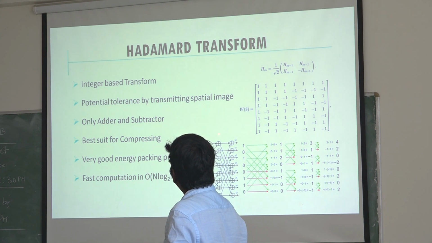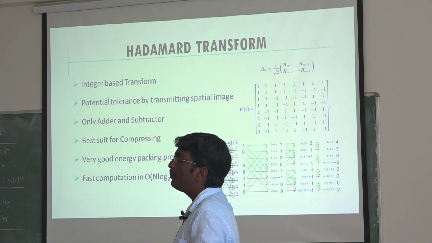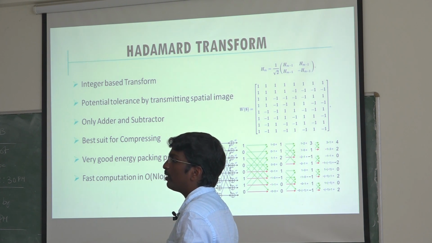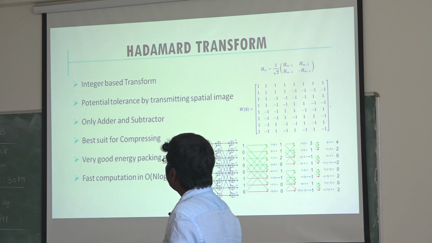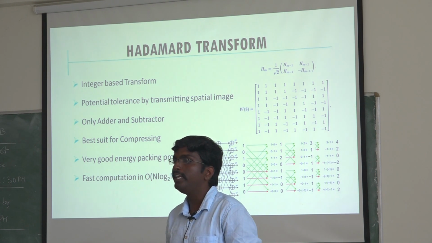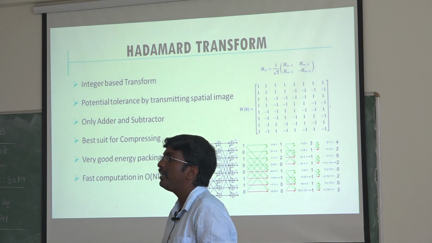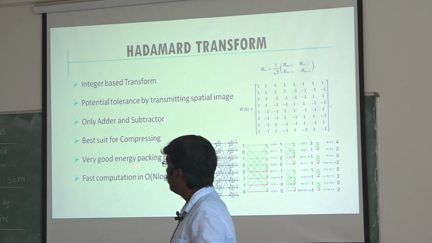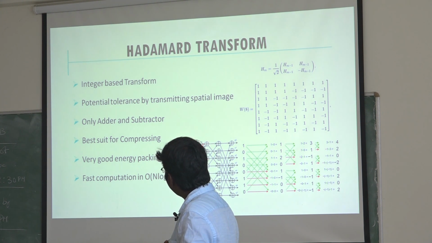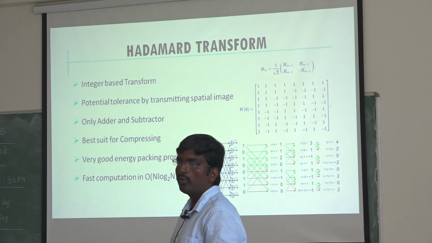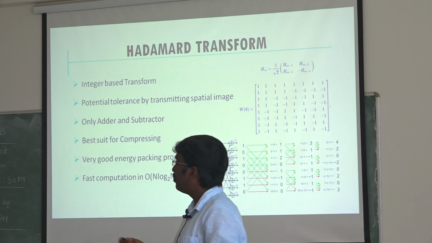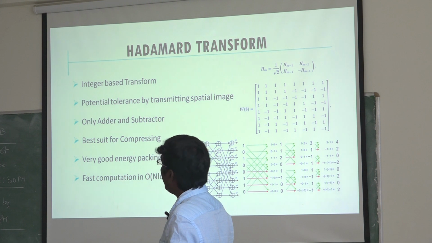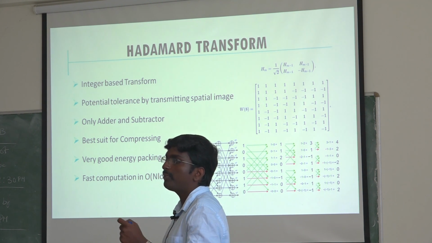To attain this, first for the log n stages we have to calculate the twiddle factors, that means the ones and minus ones. Once we complete this, we need to find out how many adders and how many subtractors are needed. This is exactly like your FFT architecture, the butterfly diagrams. If you check each stage, it is an adder and a subtractor, which is a plus b and a minus b. If you have n inputs per stage, you will have n adders and n subtractors.